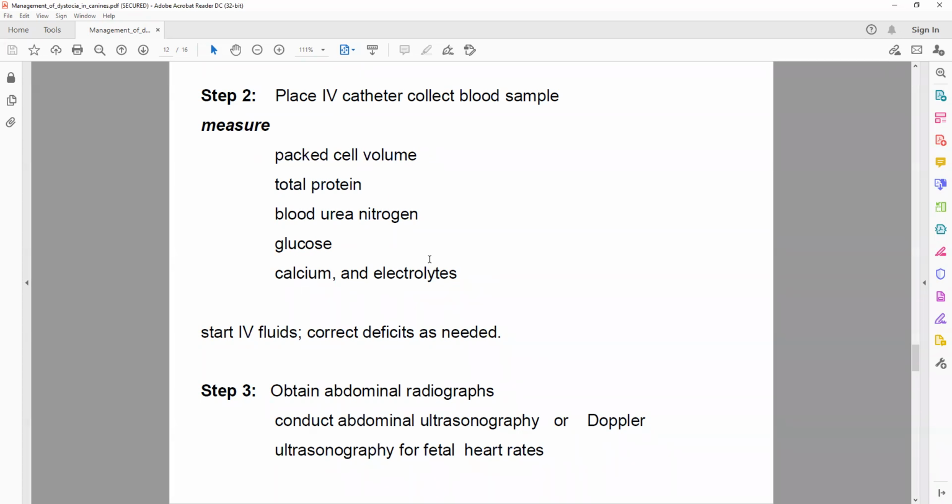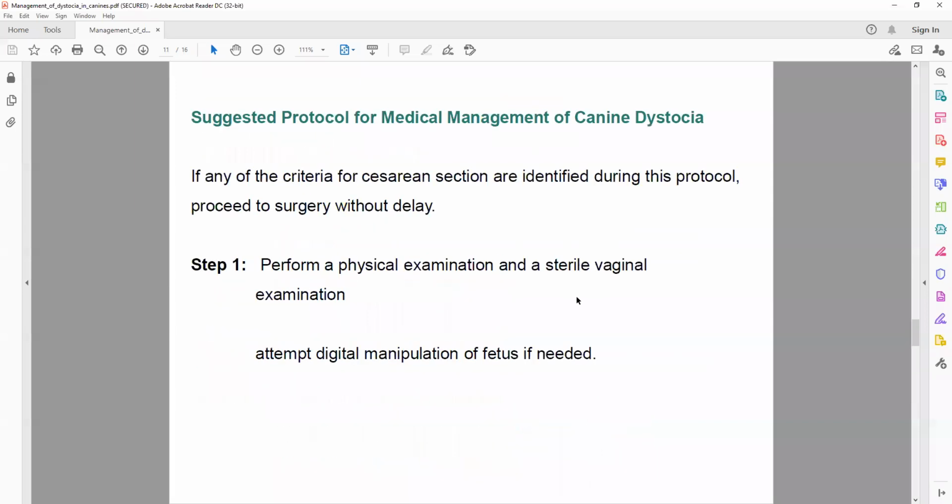After blood collection and sending it for laboratory test, the IV catheter is placed. Now you can start extensive fluid therapy. You have to calculate depending upon the body weight of the animal, and you start putting fluids. So simple NS, DNS, or RL, or a mix of DNS and RL. Anything can be given. That is your choice, which fluid is needed.